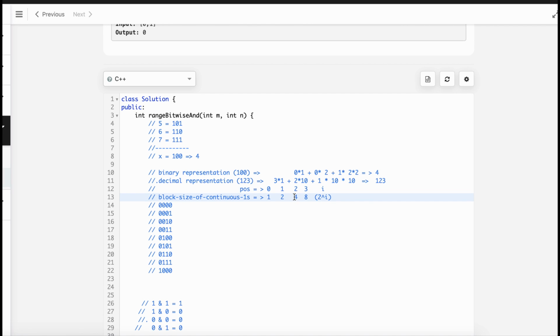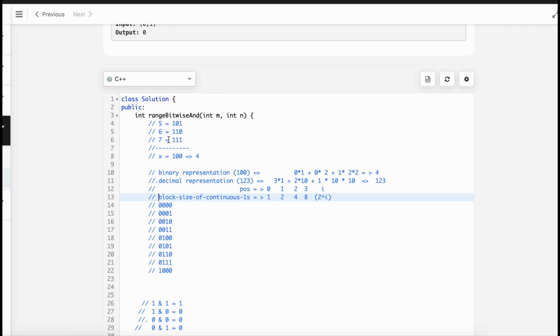So if the first number contains 1, then if the continuous block size is less than the total size we are interested in, we will never have